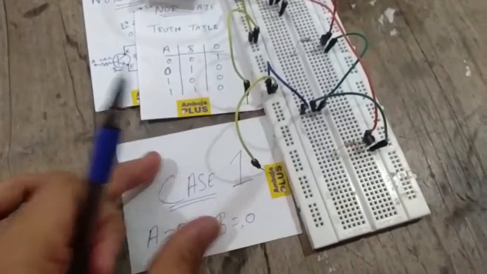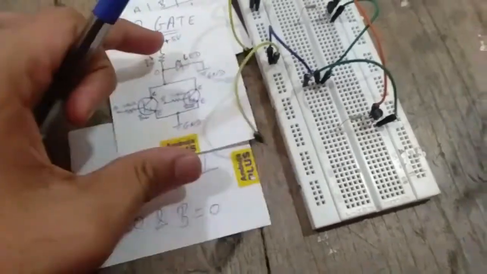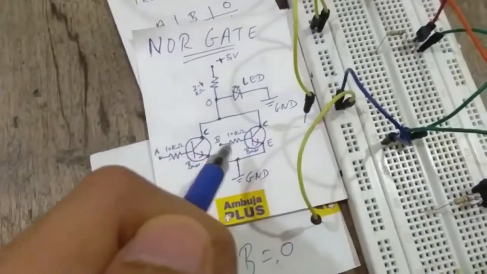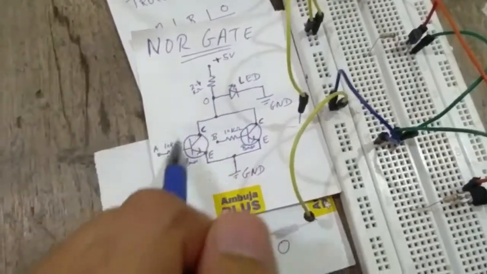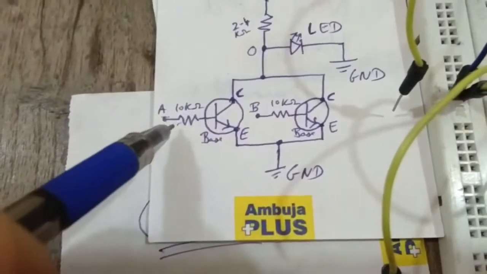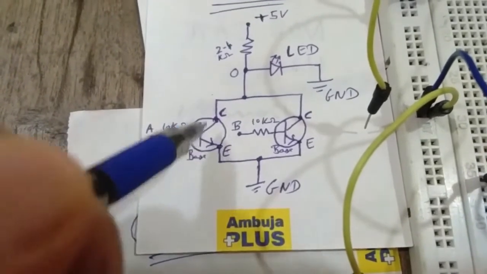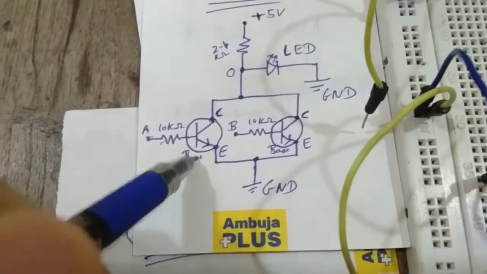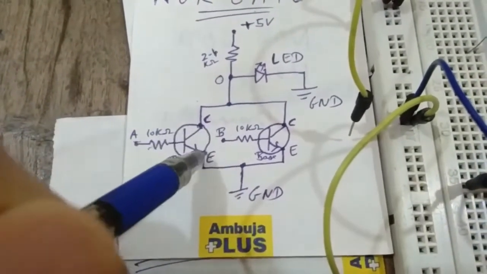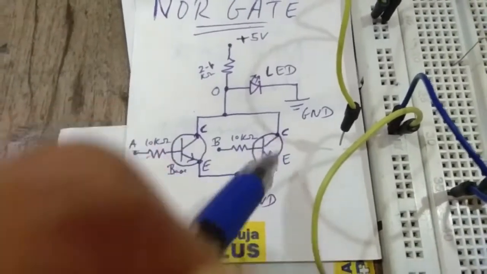But we need to see what happens in this circuit, through which this LED glows. So let me explain that also. You can see that A and B are both 0. These transistors are acting as a switch for this whole connection. Input A is 0 and B is 0, so the base, which acts as a switch to connect the collector and the emitter, is off. So there is no connection between collector and emitter for the first and second transistor, or both the transistors.